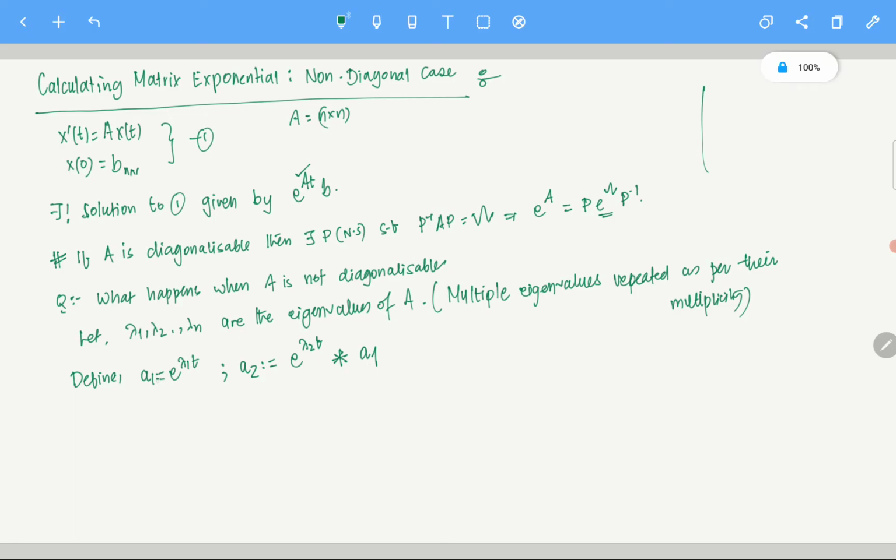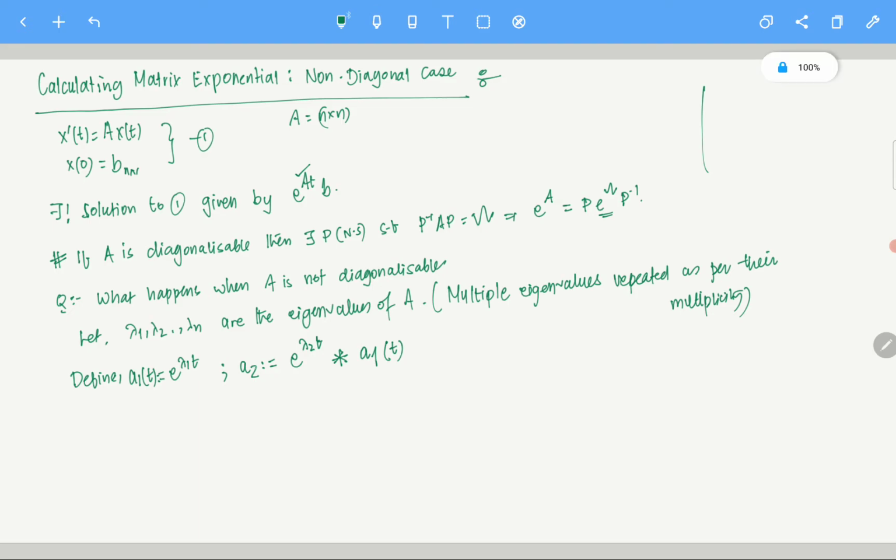If you want, you can just write it as a1 of t also, that's not a problem. So this is a number for a fixed t, and when you change t, it becomes a function of t, right? So a1 is a function of t, of course. If you fix a t, it is just a number, okay. So essentially this is a1. Maybe let us write it like this, a1 of t, otherwise it may get confusing. So like a1 of t, okay.